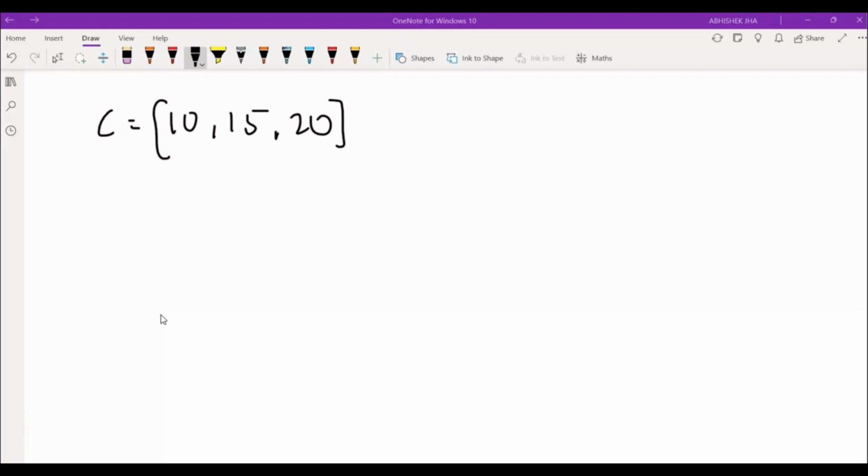But instead of building this array, we will try to store these last two states values inside two different variables, and we'll keep on updating these two variables as we go on calculating the cost for each and every state. So let's do the dry run and let's understand this space optimized approach, and then we'll move on to code this approach. So we'll try to store these two values, that is inside previous one, which would be 10, and inside previous two, which would be 15.